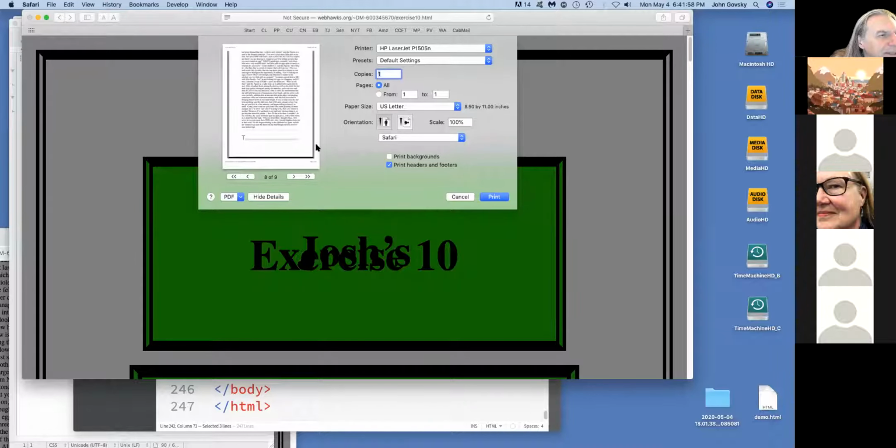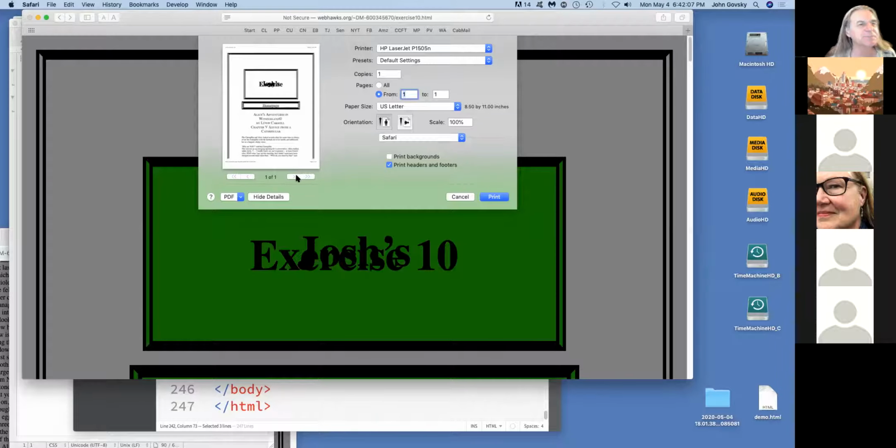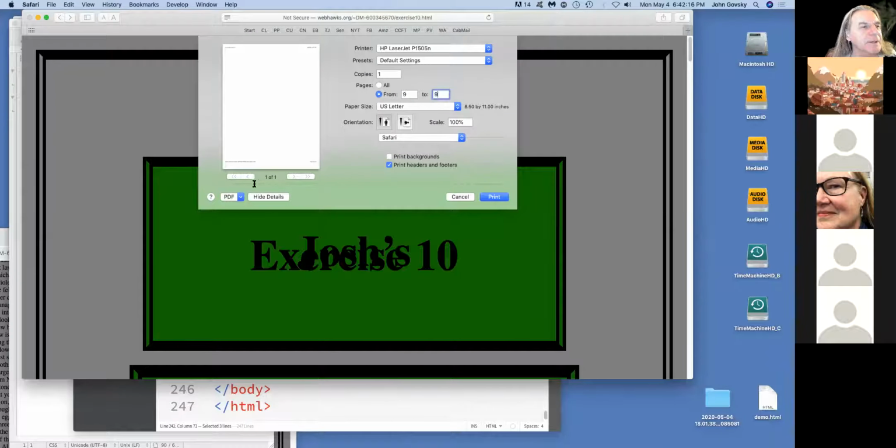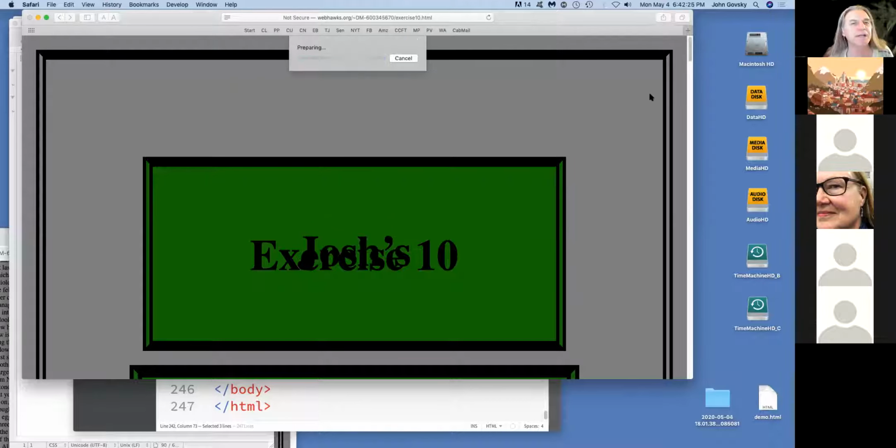I think it's working fine, because there it is. Was that page 9? It's page 8, because page 9 is blank. I'm just going to print page 8 on my printer right now, just to show you that it looks like it's working fine.